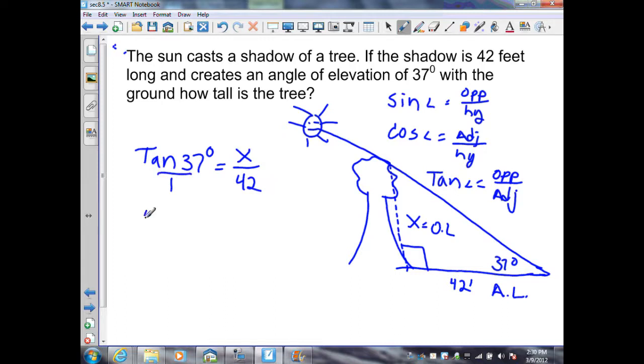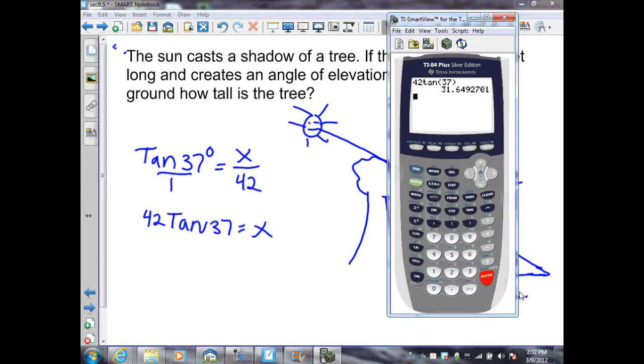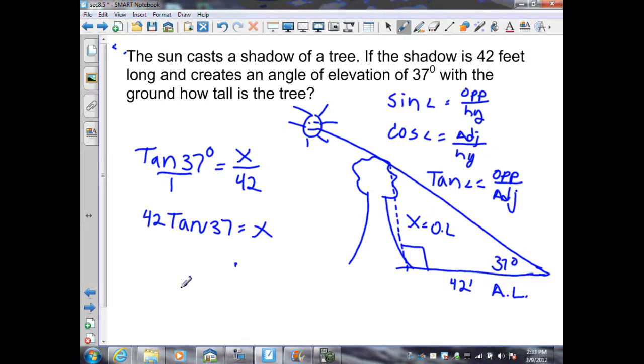Cross product gives me 42 tan of 37 equals x, the height of my tree. Now I just plug this into the calculator and get the value for the height of the tree. And when I plug the expression 42 tan 37 into my calculator, I get 31.649 feet. If I round to the nearest tenth, the height of the tree is equal to 31.6